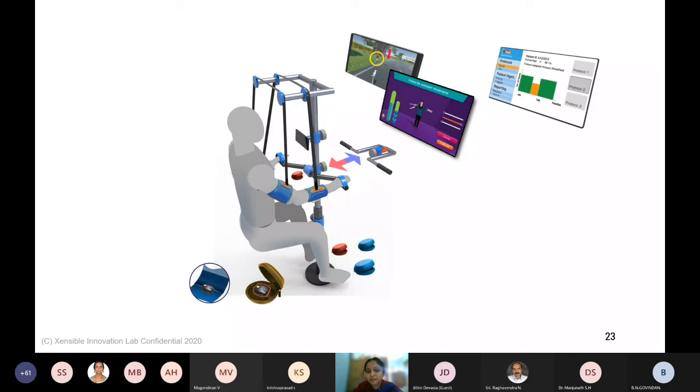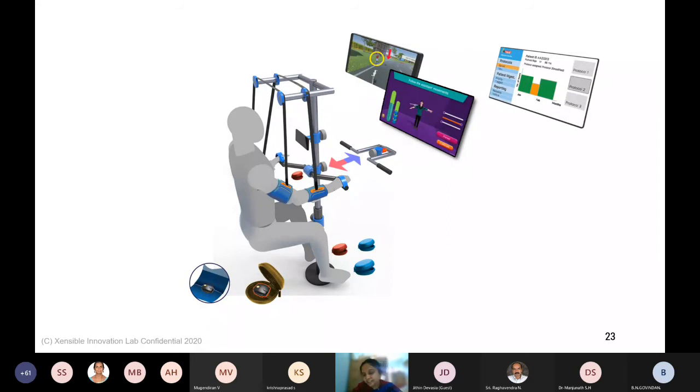That's the equipment they would be using. It would be tracked by an app, or if they have access to a computer, it would be tracked there. If it's just an app they're using, we also give suggestions: okay, you need to raise your hand higher, you need to bring down your hand. They can either connect directly to a physiotherapist, or in case the physiotherapist is not able to cater to them,